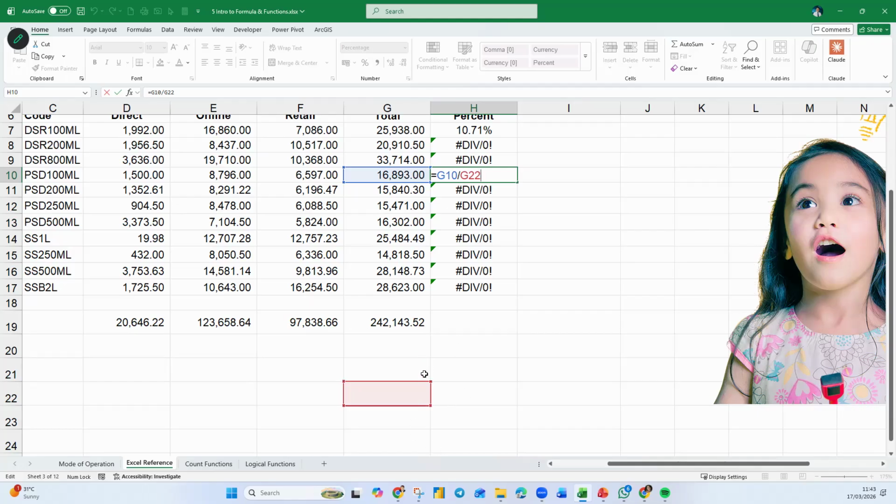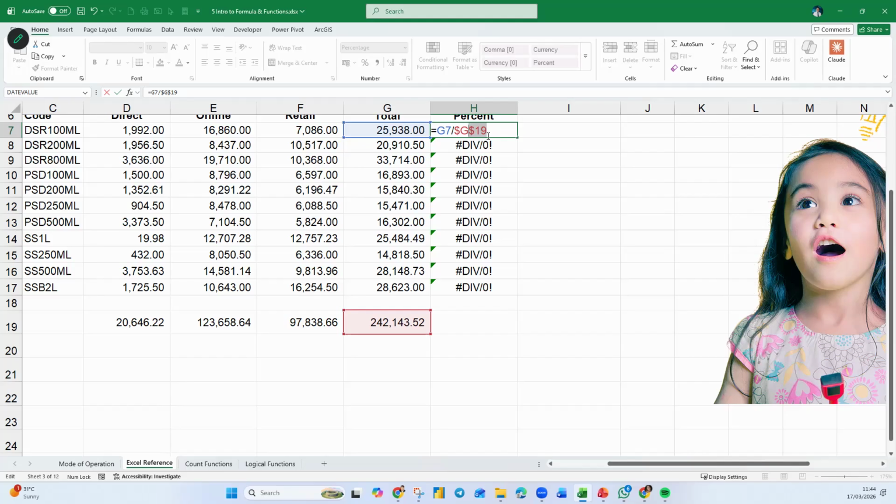Therefore, our formula needs to be fixed, which means this G19 is not supposed to go anywhere. So what you need to do is put a dollar symbol around it. You tell it, I need the column G to stay, and I also need my row 19 to stay.